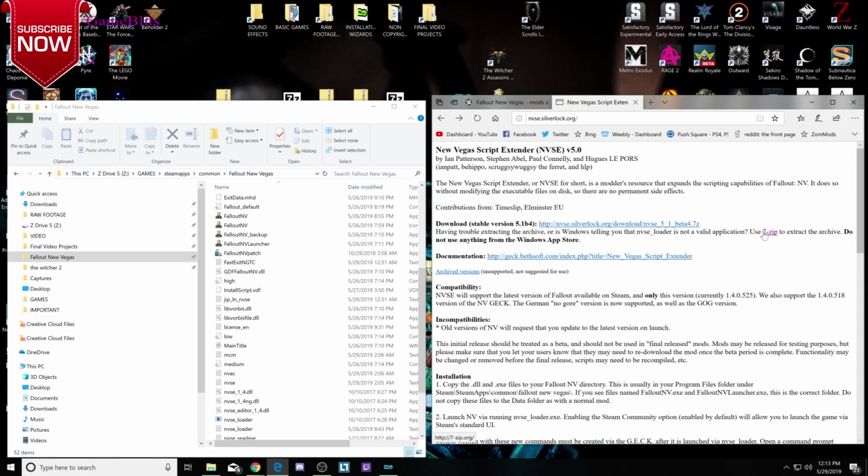Again, download it, and it says do not use anything else from the Windows App Store, because if you do, you're going to have some massive problems. Trust me. It says 7-zip to extract the archive. I don't think that you had to extract anything, guys. Pretty much, if you have 7-zip downloaded on your hard drive correctly, just open it up, make sure that it's installed properly, and it should just let you download this, drag it to your desktop,